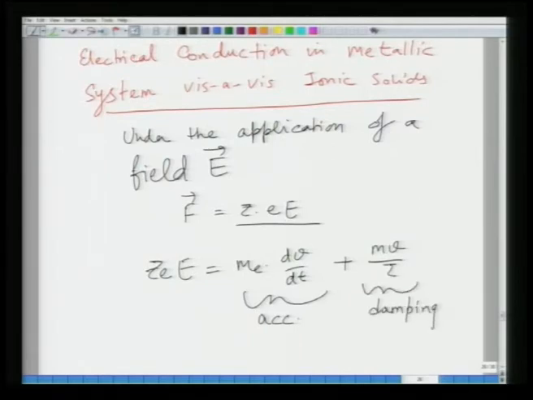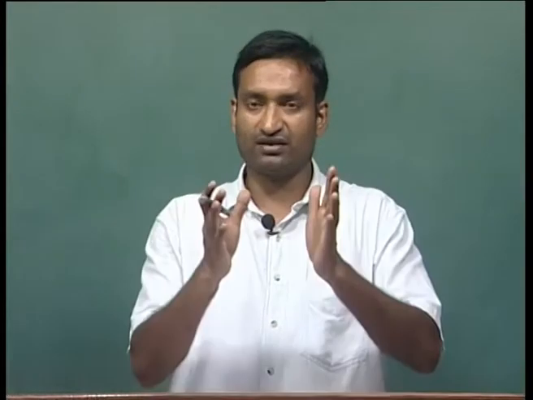This damping term, which you can relate, for example, to friction, prevents the electron from attaining an infinite velocity. So, it is mV by tau; mV is nothing but momentum, so this is p by tau, and this tau is your relaxation time. This term arises because when an electron moves in a lattice under the influence of an electric field, it does not keep on accelerating, because it undergoes many collision events.